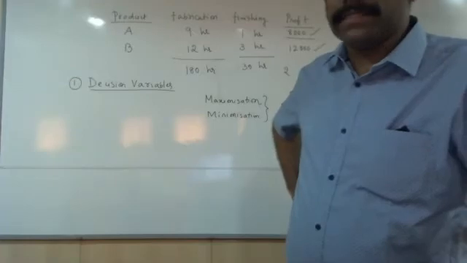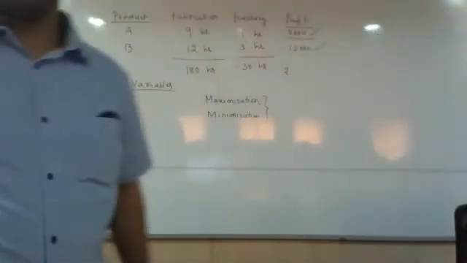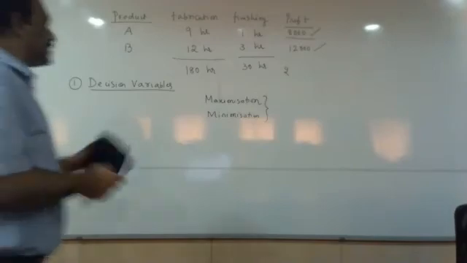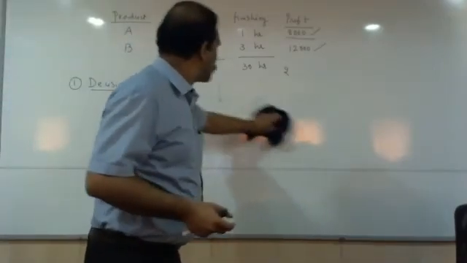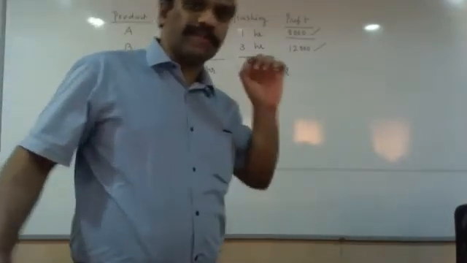Can anybody please say? Will it be the number of units of A and B? Excellent. That's it. Okay. So the number of units of A and the number of units of B are the